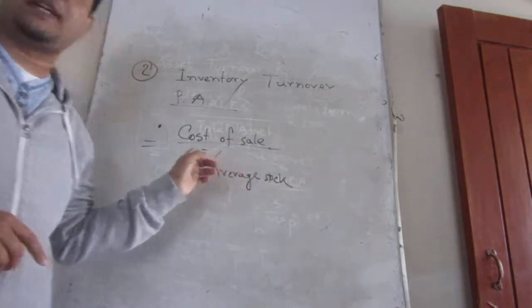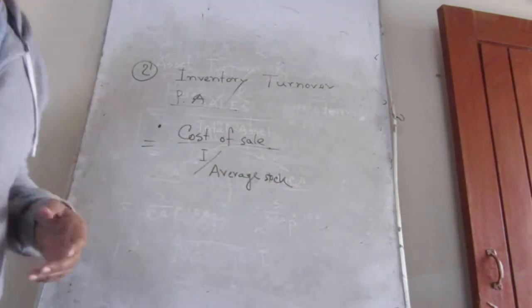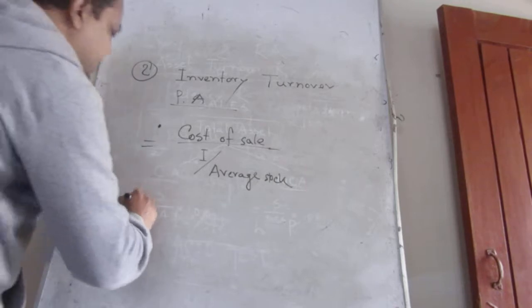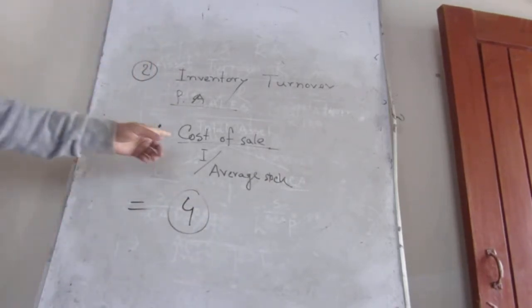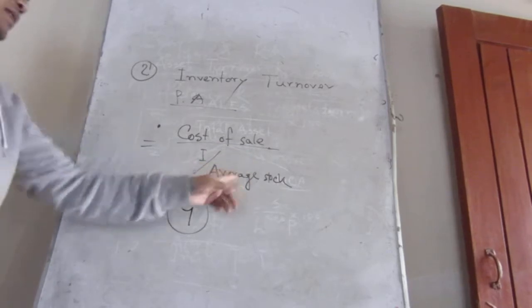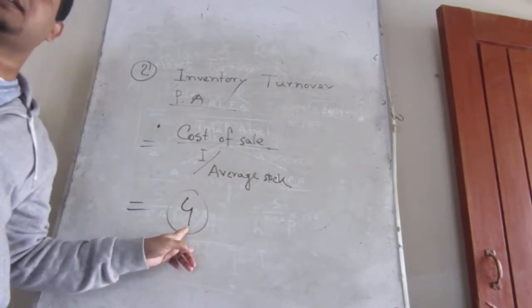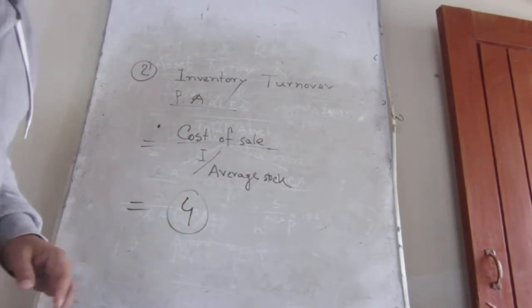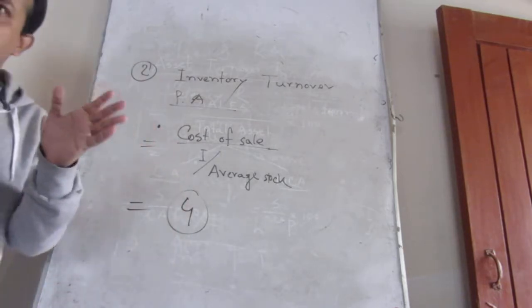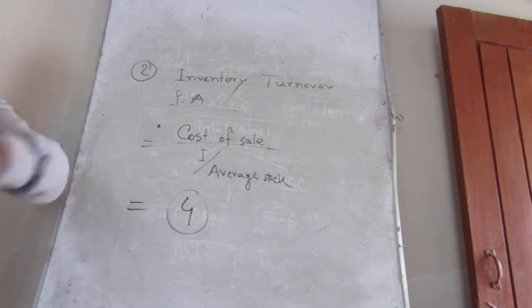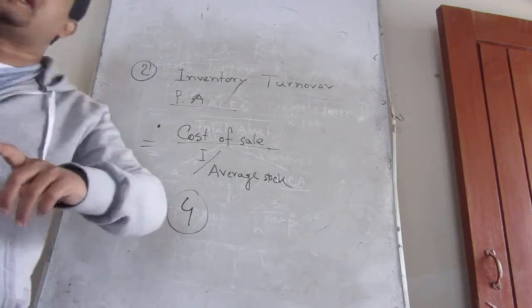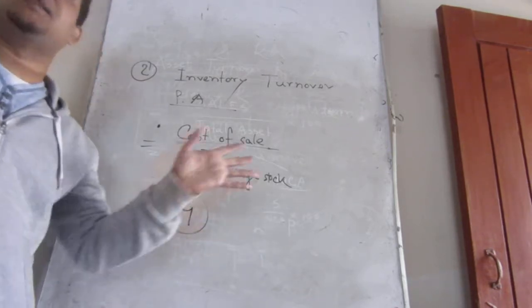So it will not provide me the percentage, rather it will provide me, as for example, suppose 4, cost of sale divided by average inventory, suppose the result is 4. What does it mean? It means that within the accounting period, that means 12 months, you processed inventory and made finished goods 4 times in a year,